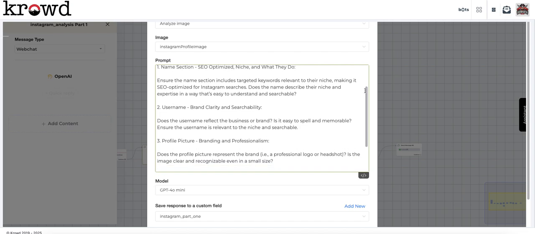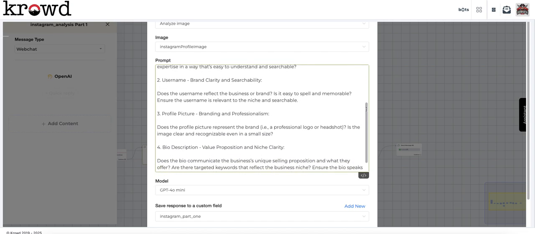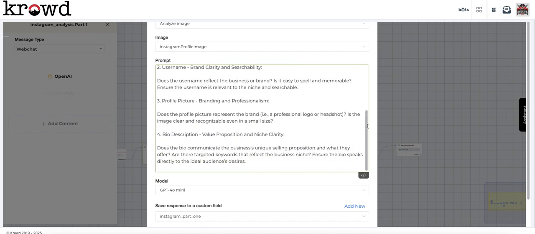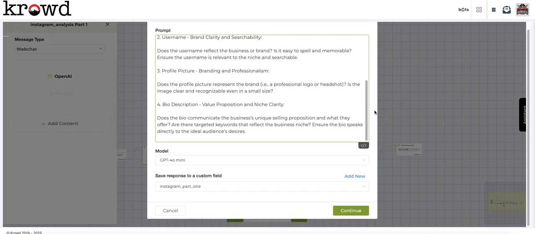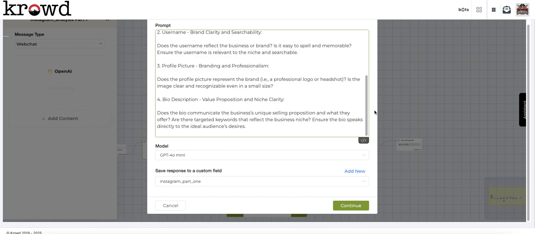My intention is not to read you this whole prompt and everything that's in here, because this comes with our product. So you will have pre-done examples for you already. And if you want to, we will be doing more and more videos on the chatbot and what you can do in this thing as we move forward. Once it analyzes that image, it comes back with these things here that we've asked it to do,